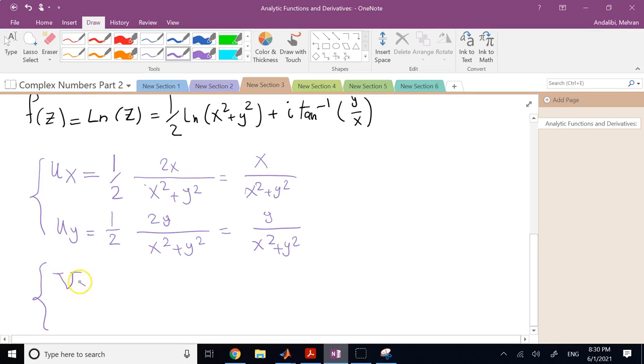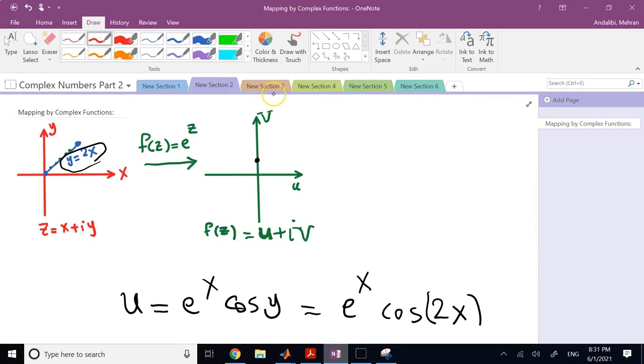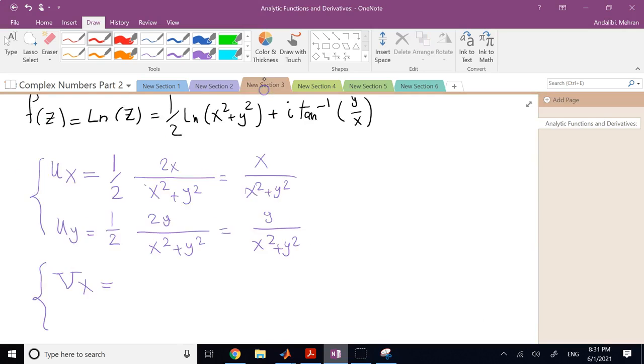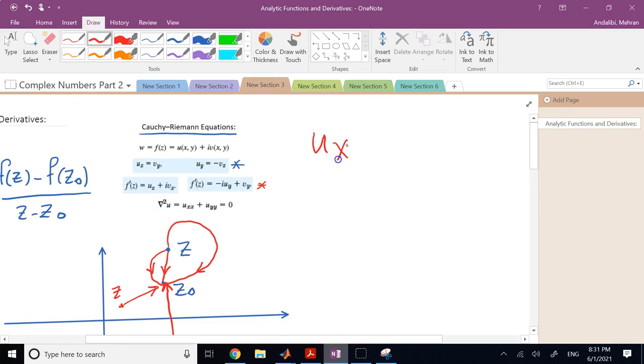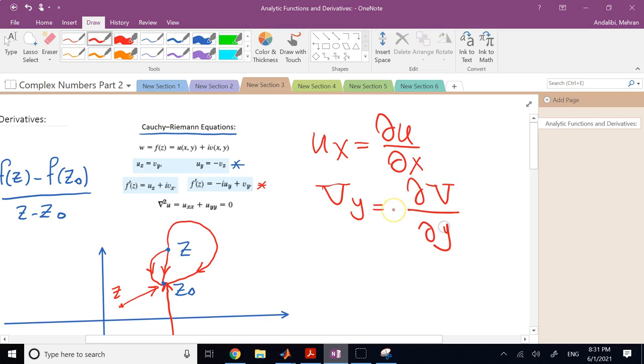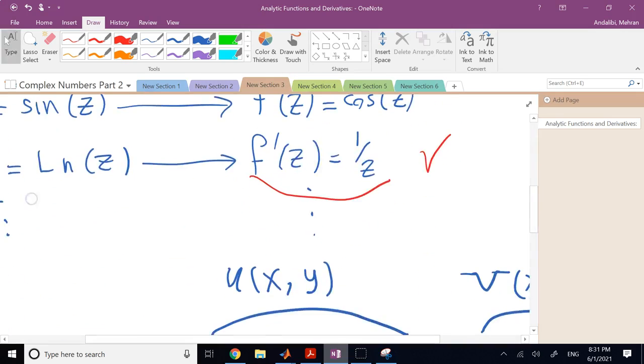By the way, that's the meaning of partial, okay? So if you say u_x, what does u_x mean? Let me add it for you here so that you don't get confused. Here, u_x means the partial derivative of u with respect to x. And for example, v_y means the partial derivative of v with respect to y, and so on. So these u_x, v_y are first partial derivatives. So now going back,